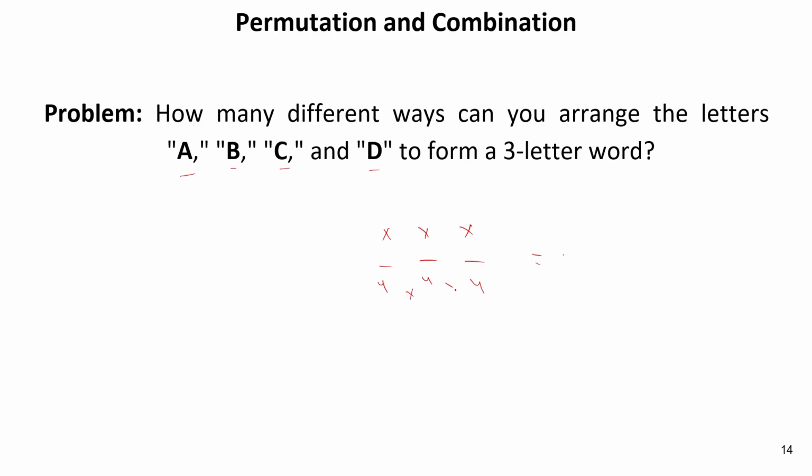So this choice will be multiplied. Okay. So 4 into 4 into 4 will be equal to what? 4 power 3 is equal to 64. Okay. So basically, if there are n set of objects,